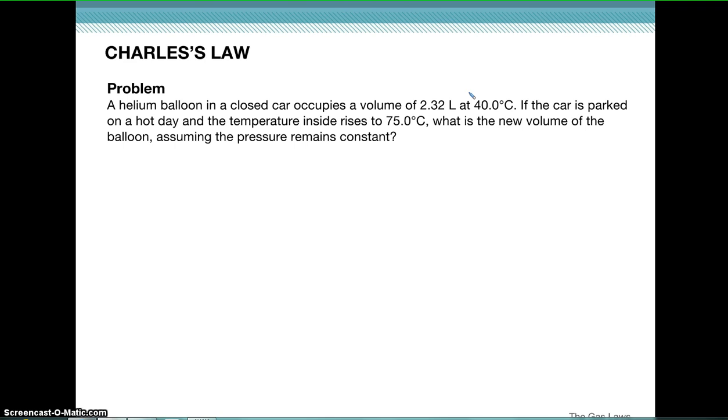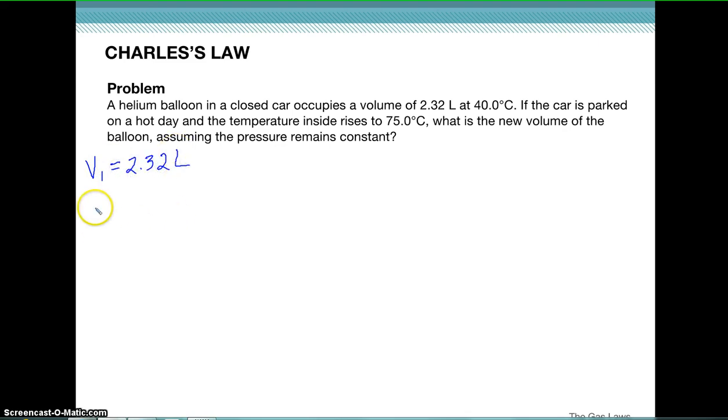If the car is parked on a hot day and the temperature inside rises to 75 degrees Celsius, what is the new volume of the balloon, assuming the pressure remains constant? Okay, so like we did before, let's write down all of our variables. So we have our initial volume, so we'll say V1 equals